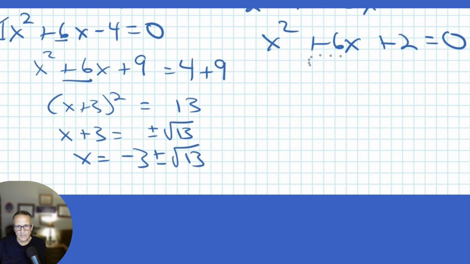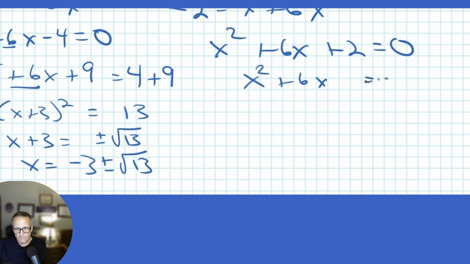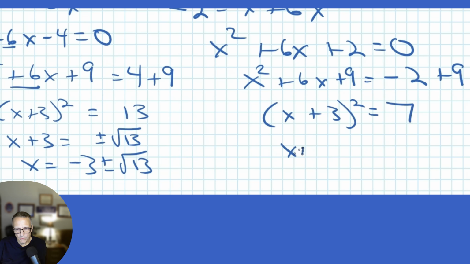I will do the same technique here. I'm going to move that 2 back over as a negative 2. Take half of this, which is 3, and square it. It gives me plus 9. I put a plus 9 over here. I will factor this as a perfect squared binomial, and that's a 7. I will square root both sides, giving me plus or minus the square root of 7, and then subtract 3,